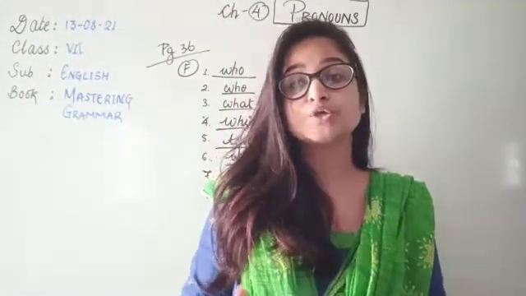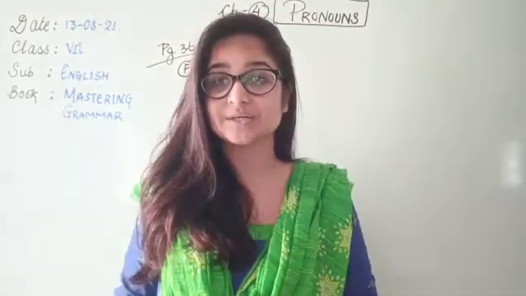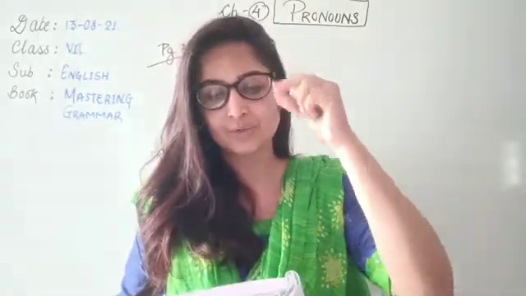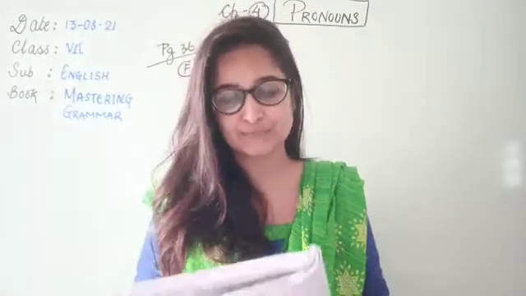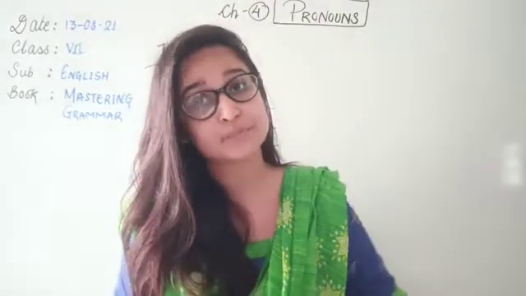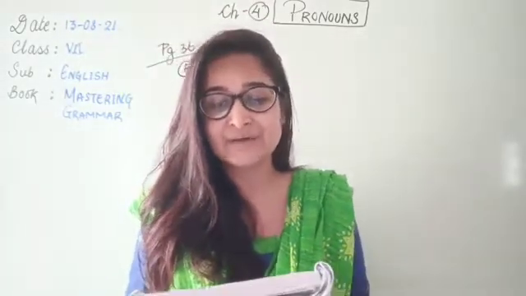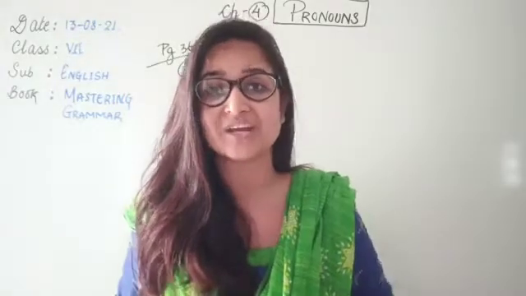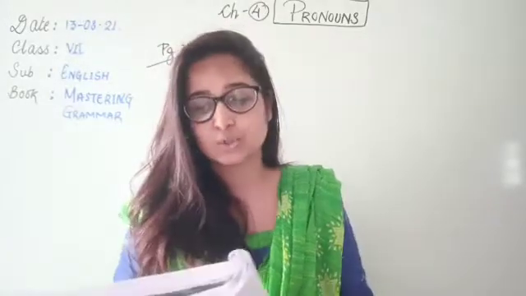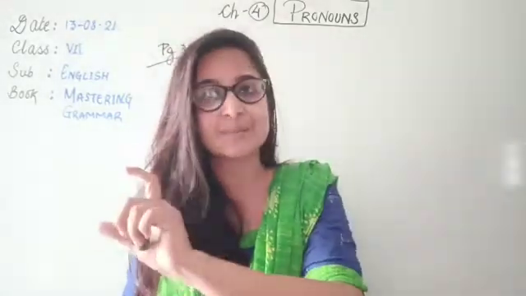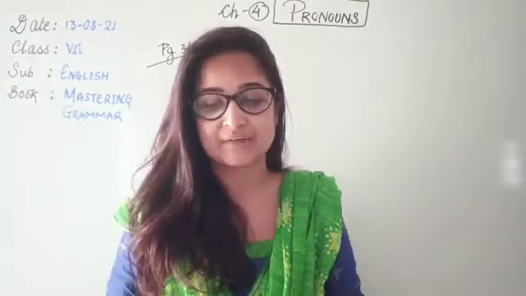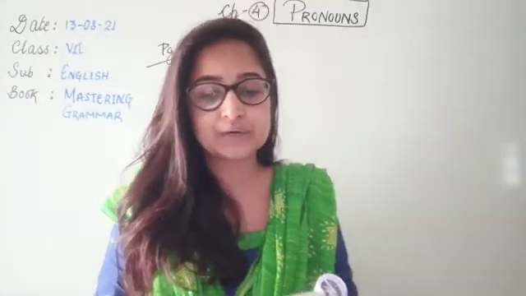Now you should remember there is a certain rule that applies to omission of relative pronoun. When can we not use the relative pronoun? The relative pronoun can be dropped when it is in the objective case. Okay, like if I said this is the pen with which I write. Okay, you can see with which I write. In the later part it is used for the antecedent, which is in the objective case. So here which is omitted.